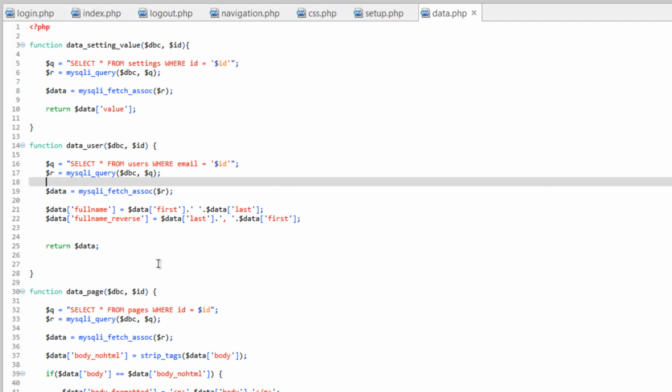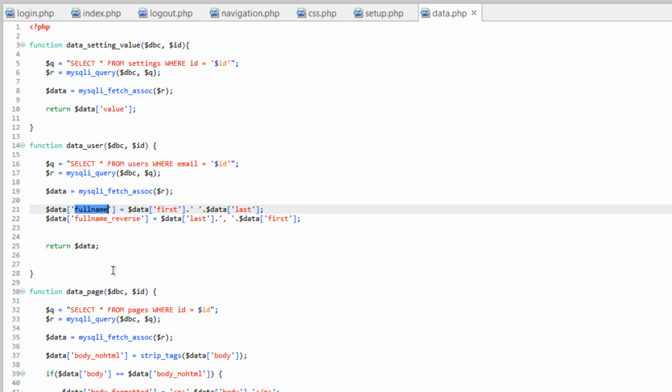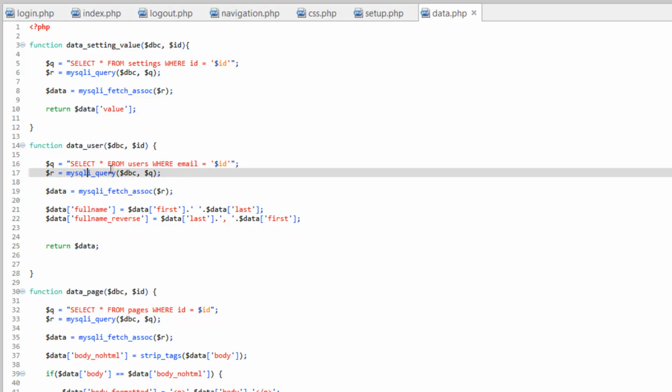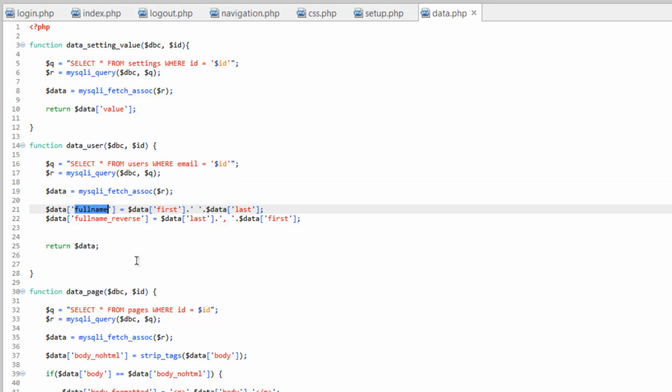So if we hop back over to data, this is a great way to set up some predefined strings using the data we already have that we know we might use across the site. And what's great about this is that things like a user, that's something that's going to be on a lot of web pages you make. So if you get into using the same kind of naming convention for things, as far as your keys, even the names of the fields in your database, then you can really reuse this code over and over and over,